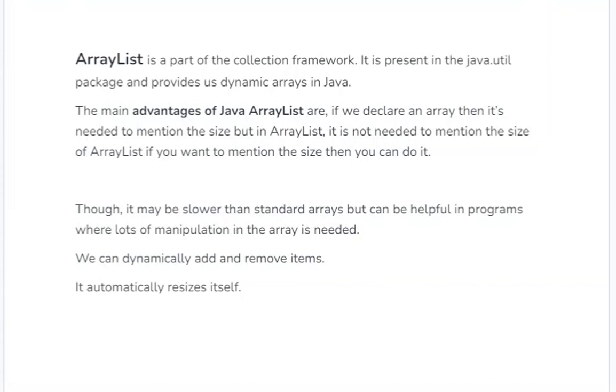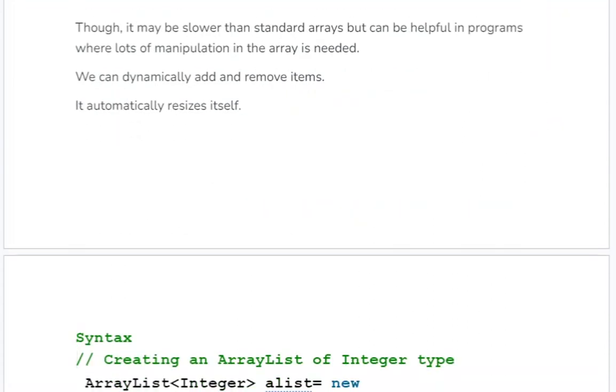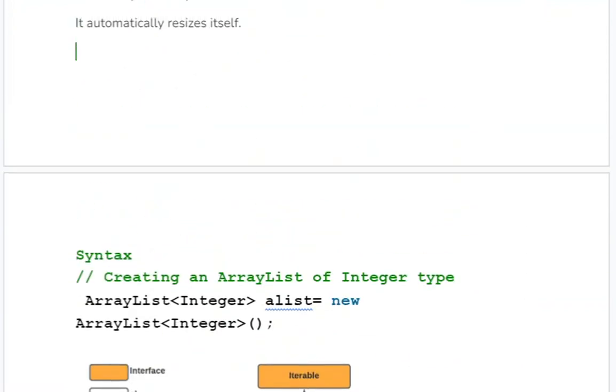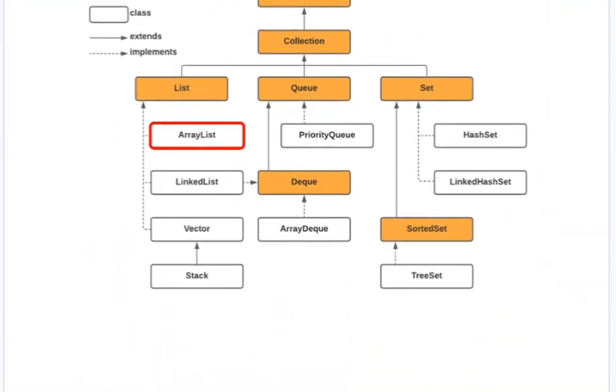Although ArrayList is slower than arrays, it is helpful where a lot of manipulations in the array are needed. And the most important part is we can dynamically add and remove items. The other important point in ArrayList is that it automatically resizes itself. The syntax for ArrayList is simple: we use ArrayList and we have to define what kind of ArrayList we are making, ArrayList of integers, ArrayList of strings, and then we can create our